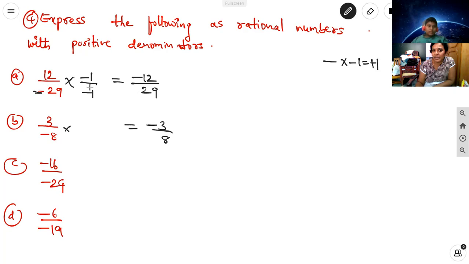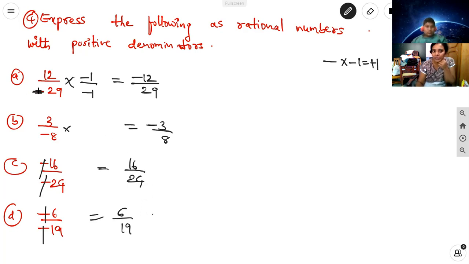Why the numerator? Because if we multiply by minus 1 and minus 1, the numerator sign will change and the denominator sign will change. So here minus 8 in the denominator means the numerator sign will change, minus 3 by 8. Both the signs will change when we multiply the numerator and denominator by minus 1. Simply, minus minus gets cancelled. When we multiply by minus 1 in the numerator and denominator, it's clearly 16 by 24. Here also minus minus gets cancelled. 6 by 19.